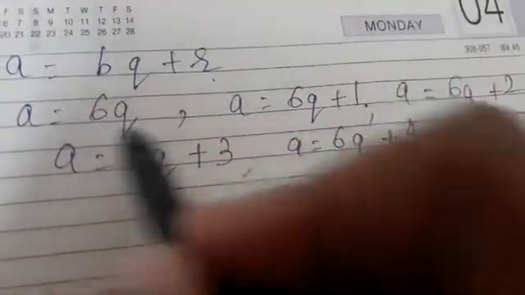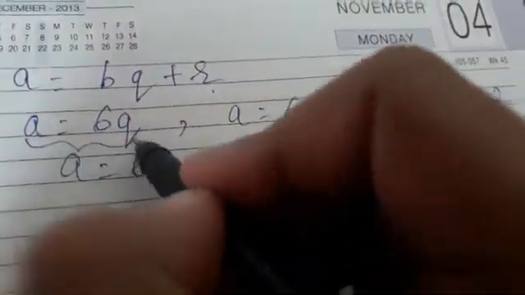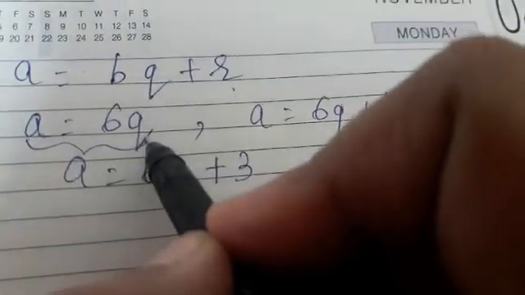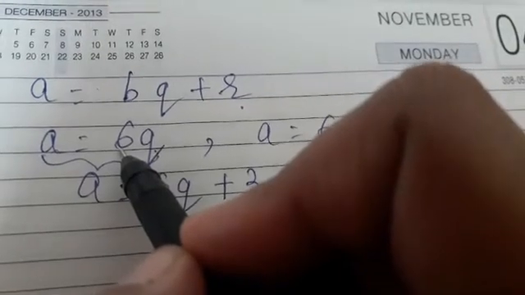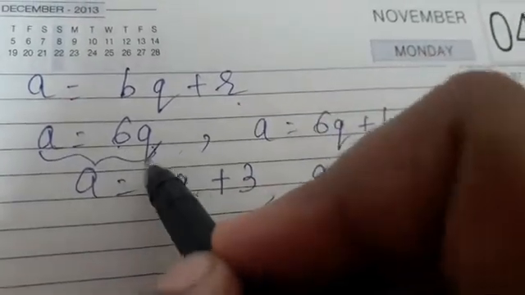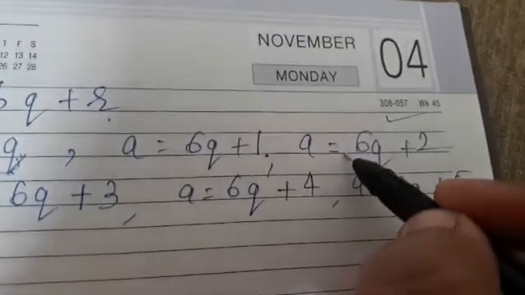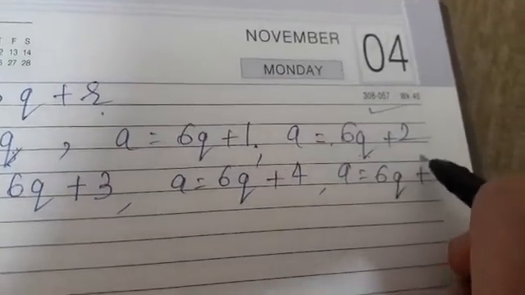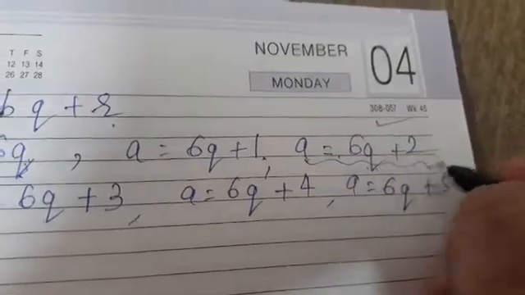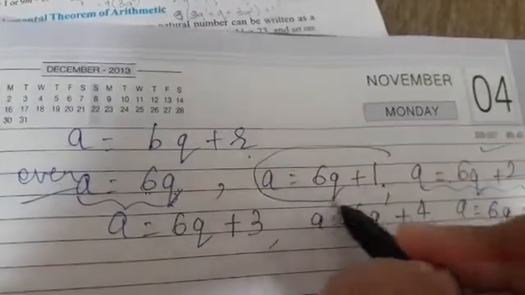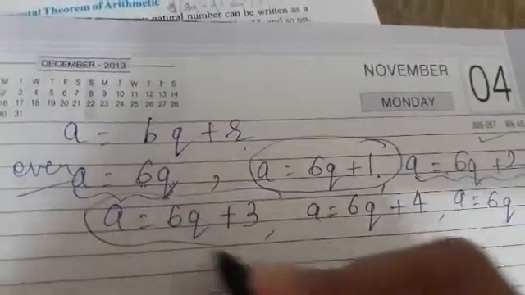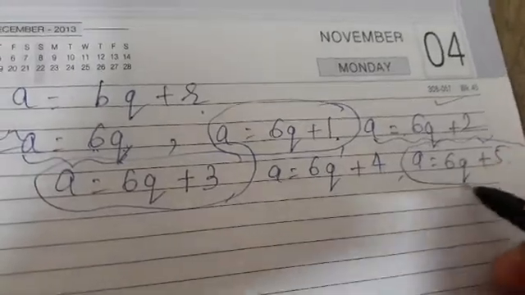Now children, if I consider A is equal to 6Q, and take any integer Q, suppose 1 or 2, I will multiply by 6, and I will get what? An even number. Suppose I take 3, then 3 into 6 will give me 18. So this will be an even number. Next, suppose I consider this one, 6 into 2 is 12, and 12 plus 2 will give me 14. So this also will be an even number, but in this question we are only finding which numbers? Odd numbers. So we will only consider 3 cases here, and we will prove that these are positive odd numbers.